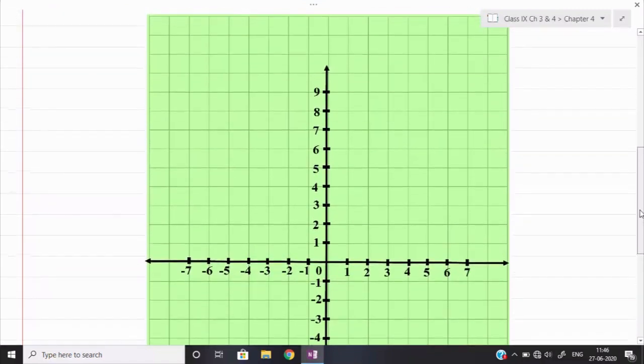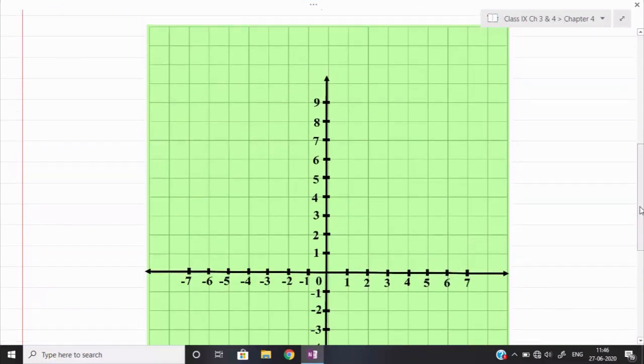Remember, when you draw it on the graph paper, first of all you should mention the scale. So what is my scale here? I will write down on the right top corner. So here I will mention the scale. Scale 1 centimeter is equal to 1 unit, because you see in 1 centimeter how many units are coming? One only. For example, 0 to 1, 1 to 2, 2 to 3, there is only one unit coming over there.